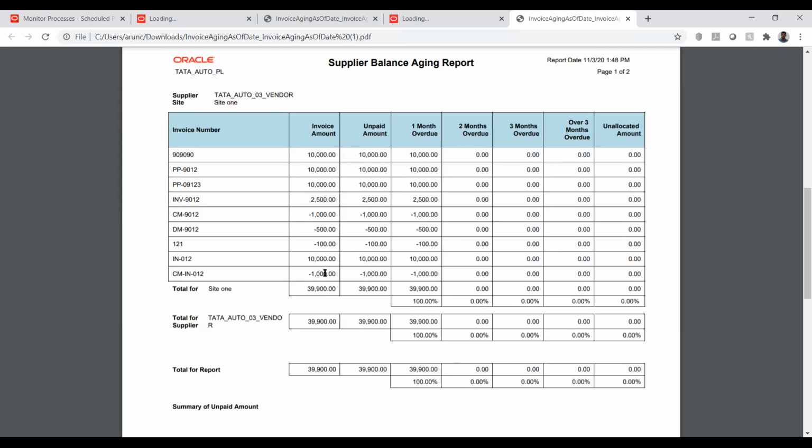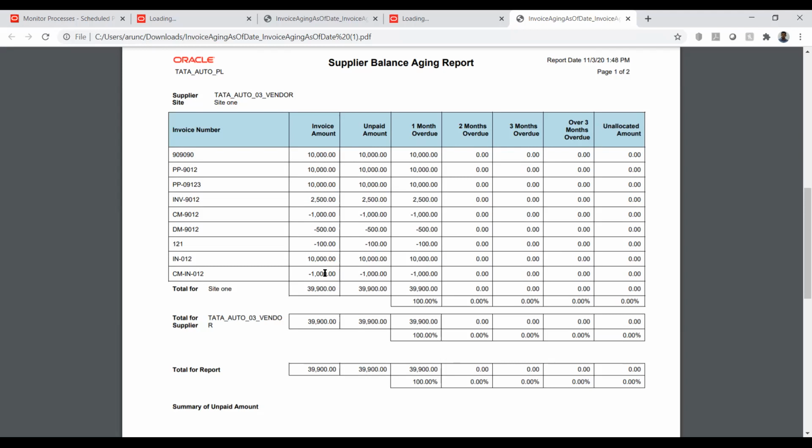Let's say we have ordered 10 quantities, and the vendor has delivered the full quantities. What we will do is either return it, or make this a credit memo to adjust it. The other scenario might be that it has been overbilled, but the supplier didn't know that it has been overbilled. The accounts person analyzed it against the purchase order.